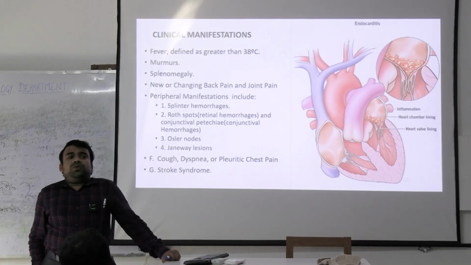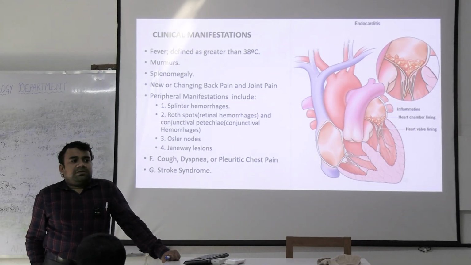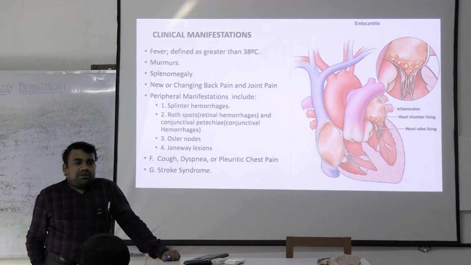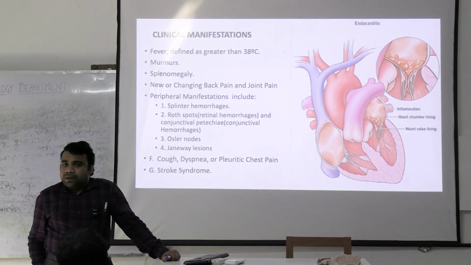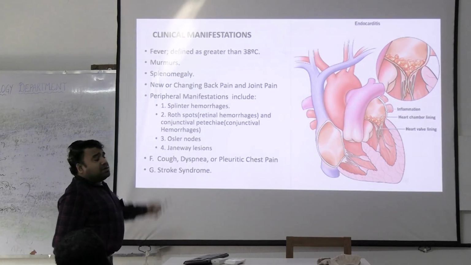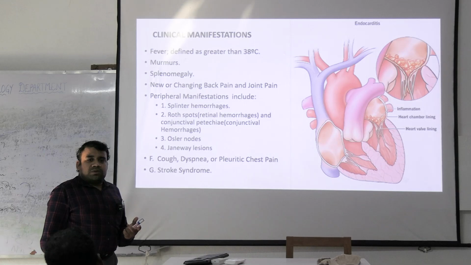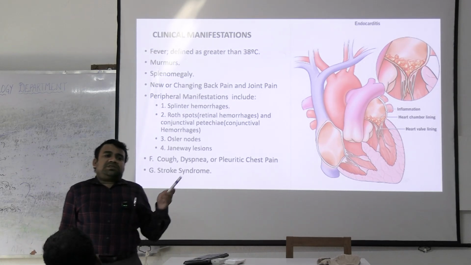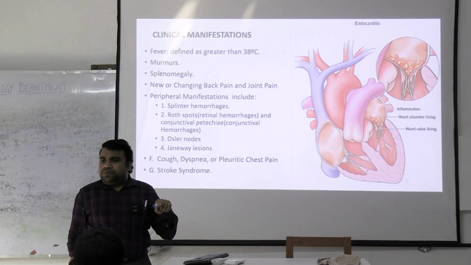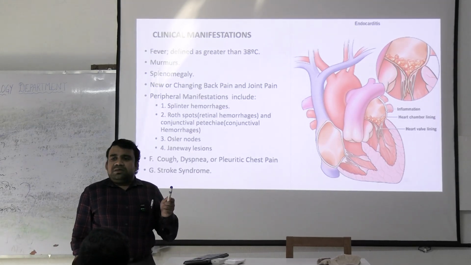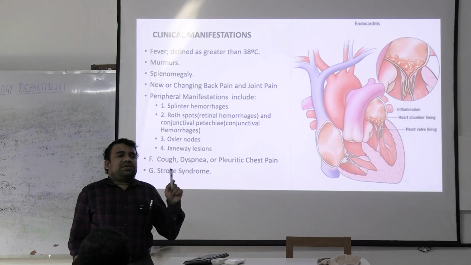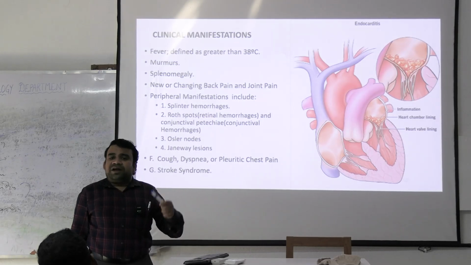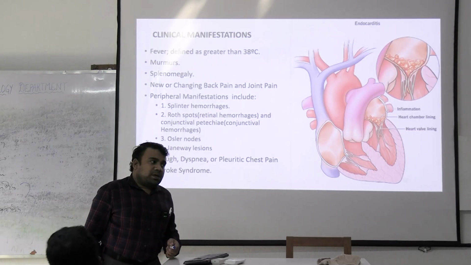Now, clinically, how will we suspect it? Now, it's infective and it's inflammatory. The first sign of inflammation is obviously fever. So the patient will complain of fever. Then, because the valves are involved, we can see murmurs and splenomegaly. Why? Because in response to the infective process, the spleen clears the damaged cells from the bloodstream. The spleen will undergo hyperactivity. It may also lead to splenomegaly.